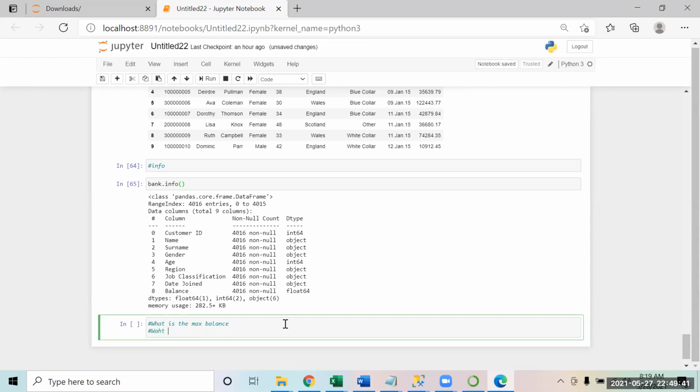Now, can you try these two questions? You have to find the maximum balance and the average age.